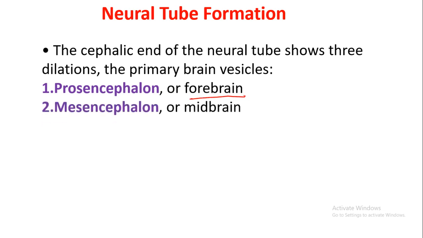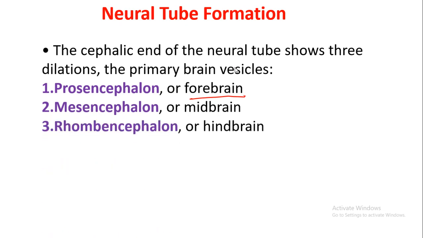Then we have the mesencephalon, and lastly we have the rhombencephalon. The prosencephalon will divide, and the rhombencephalon will divide. Only the mesencephalon does not divide, and it takes part in the formation of the brain stem,